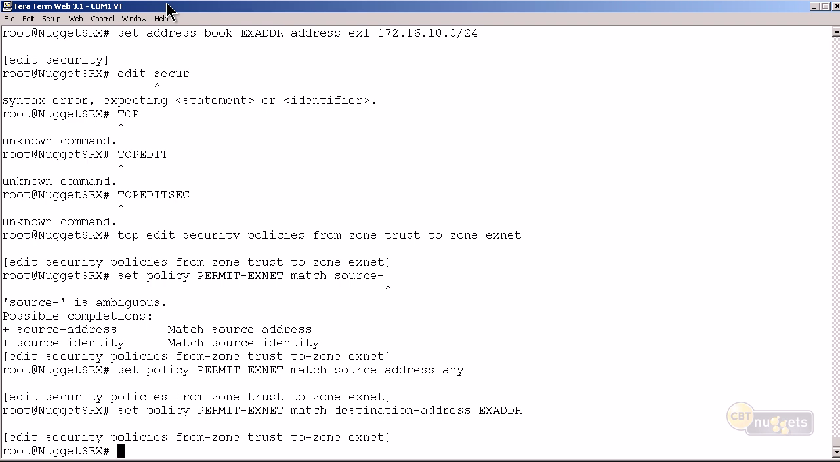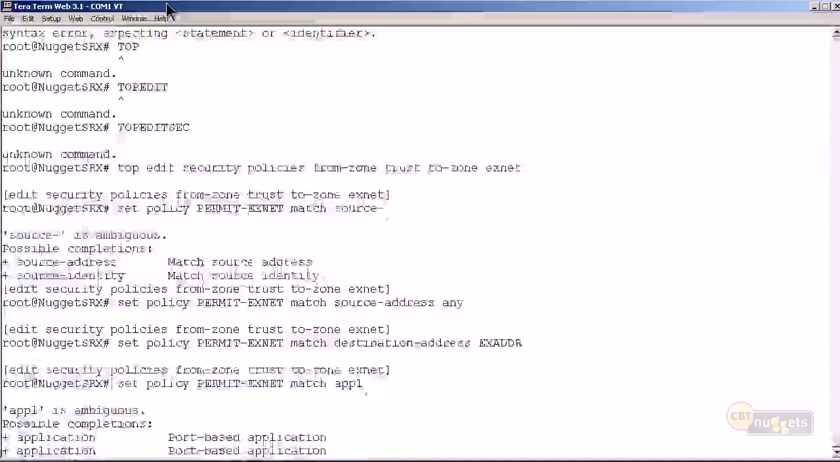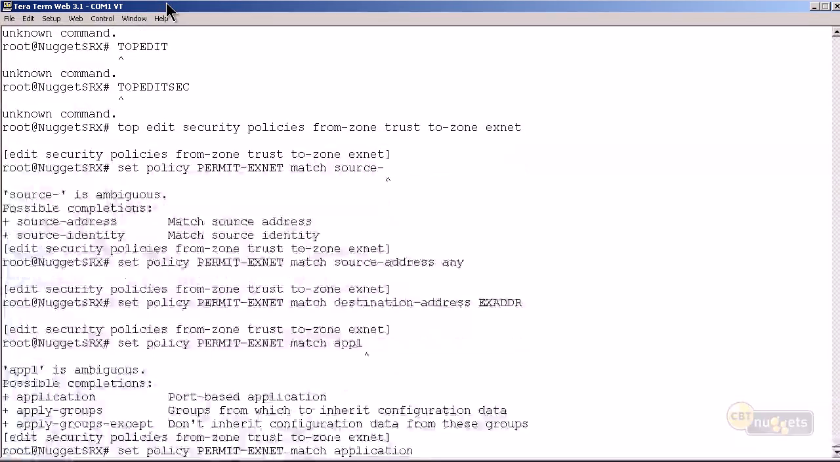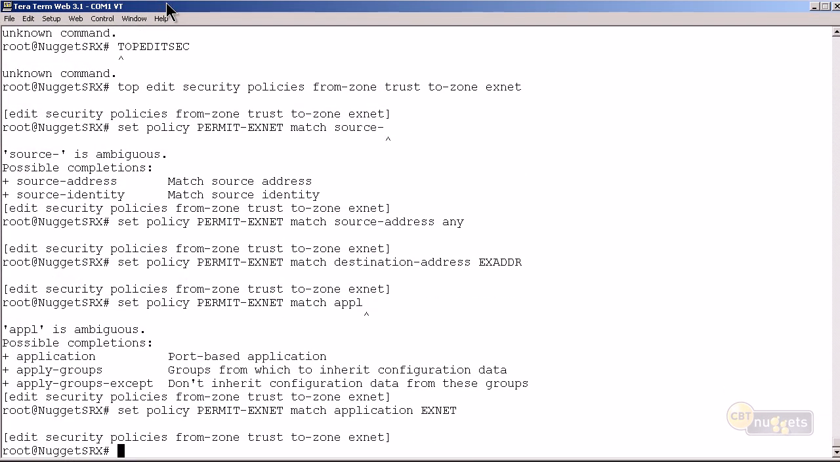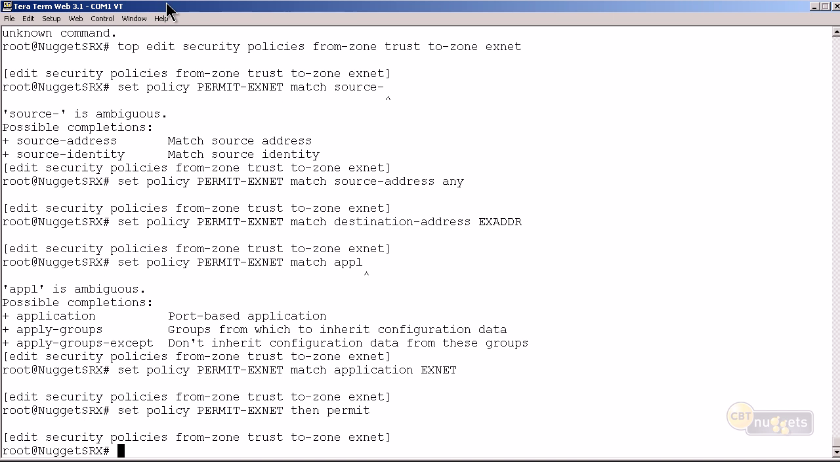So next, how about the applications? Okay, well, we want to set this permit XNet policy. We want to match our application, and we're going to use our set of applications called XNet. Remember, we created that earlier. That includes the e-jamming on UDP port 26900, Junos HTTP, HTTPS, ping, DNS UDP, and FTP. So then we will set the policy permit XNet, then we will permit. Okay, so that's the restrictive policy for workstations in the trust zone to be able to access those